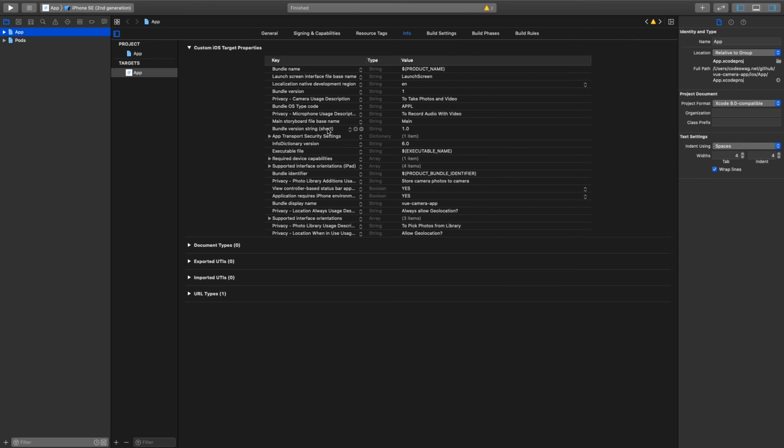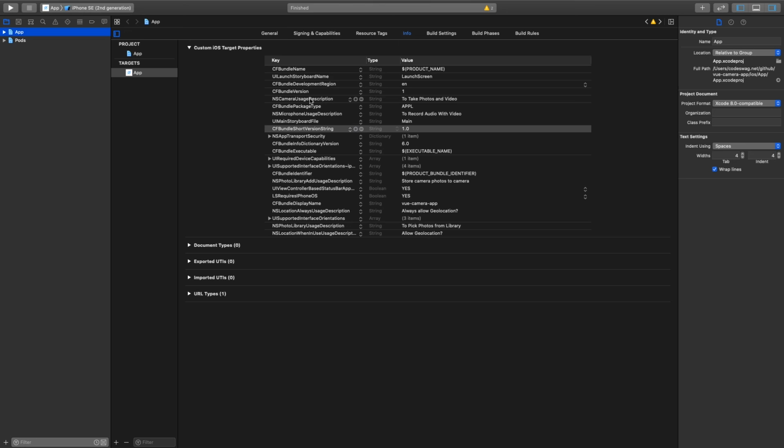And you just want to right click and make sure that raw keys and values is turned on. And we can see the so-called low level names, and we can see the one we want is this one,